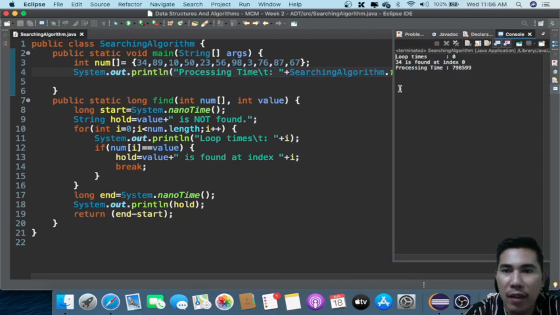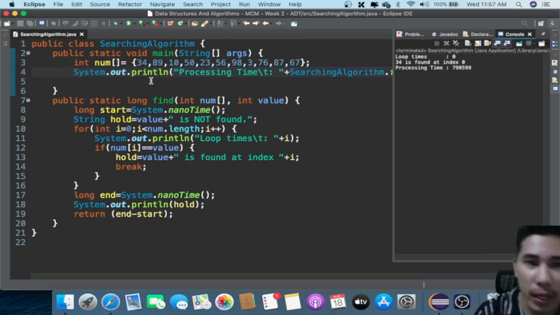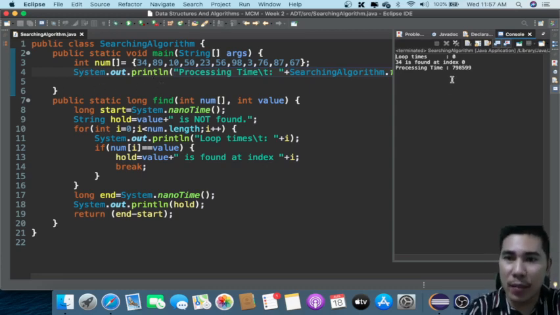Okay. So this is actually an example of the best case scenario, where our algorithm only has one loop time, because 34 can be easily found, since it's in the first position. So in that sense, our algorithm is at its best case scenario, and its processing time is actually